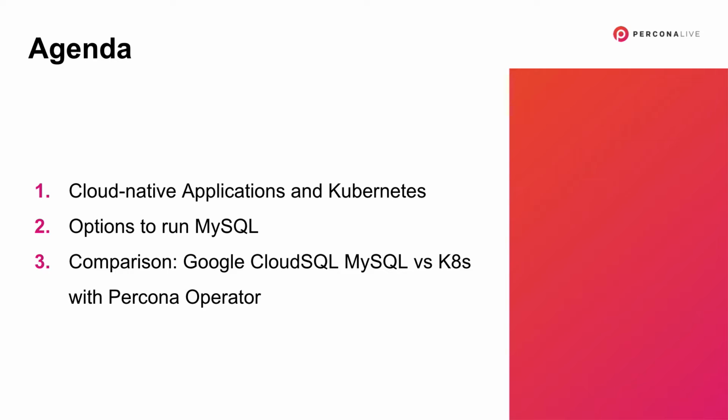In the description of the talk, you will see Percona Distribution for MySQL Kubernetes Operator, a very long name for a Percona product. Since I submitted that, the product name changed, so now it's Percona Operator for MySQL. It's really simpler than that, and I will try to use that name, but if I don't, it's because I'm so used to the previous naming, but I mean the same thing.